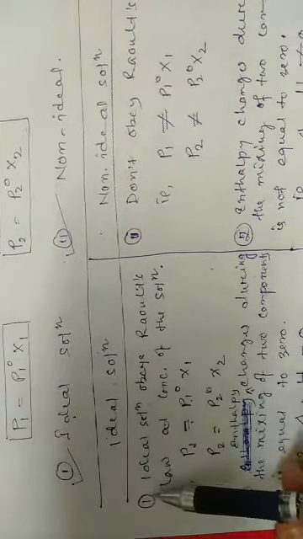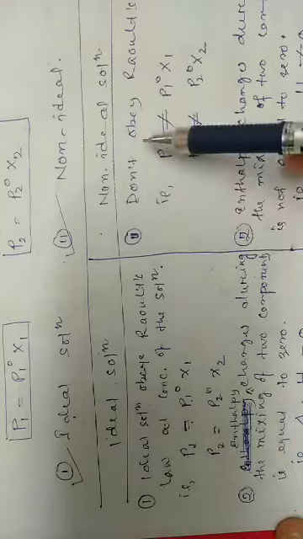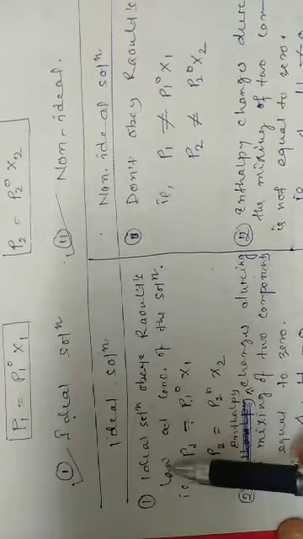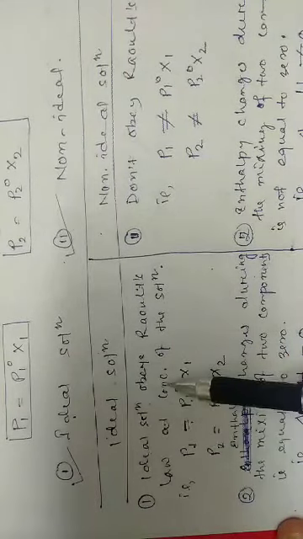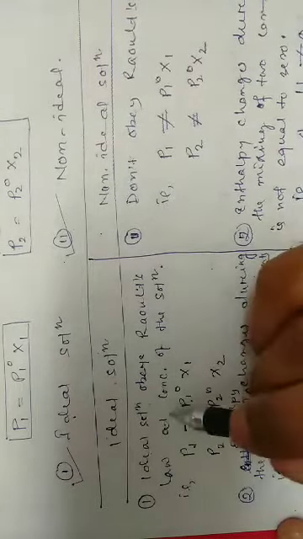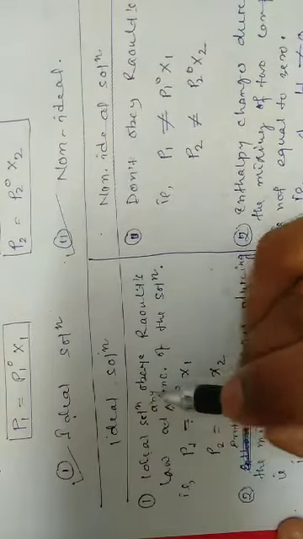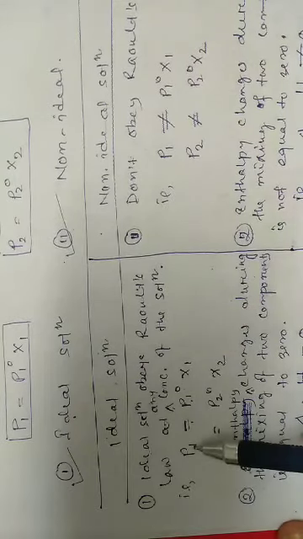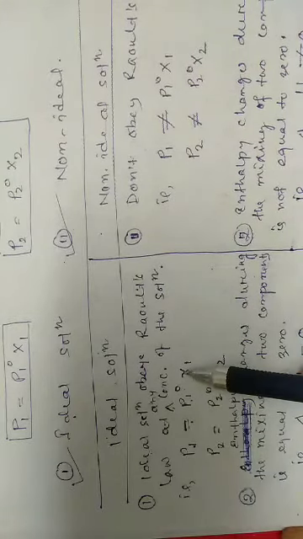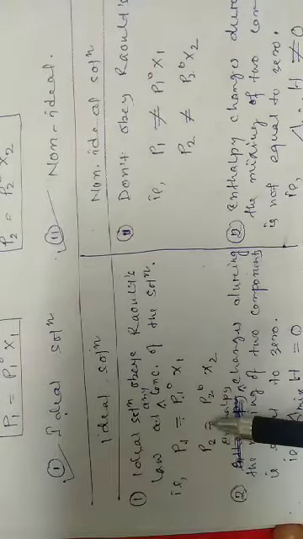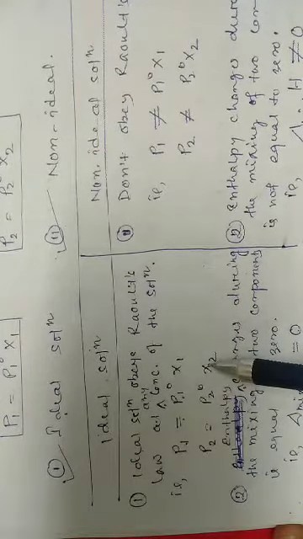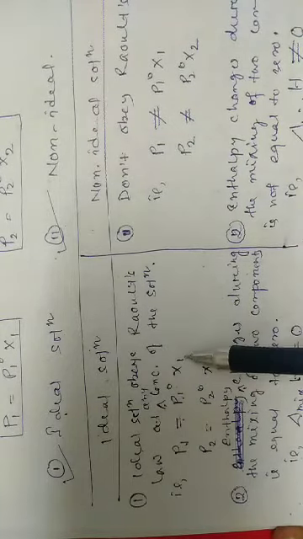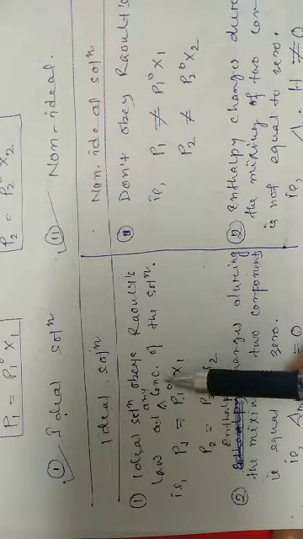So basic difference between an ideal and non-ideal solution is ideal solutions obey Raoult's law at any concentration of the solution. That is, for the component 1, P1 equal to P1 not X1. Similarly, for the component 2, P2 equal to P2 not X2. That means किसी भी आइडियल सॉल्यूशन राउल्स लॉ ओबे करता है किसी भी कंसेंट्रेशन में,